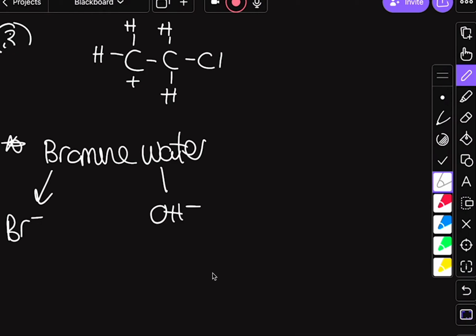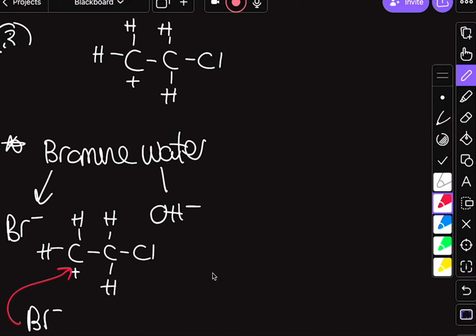If that was the case, the carbocation would form two different things that would be unexpected. The first one is that the Br minus would go for the carbocation, and if so, then we would get